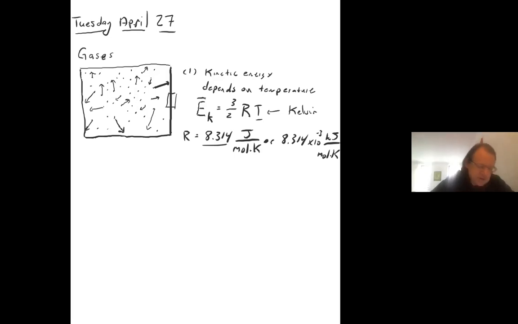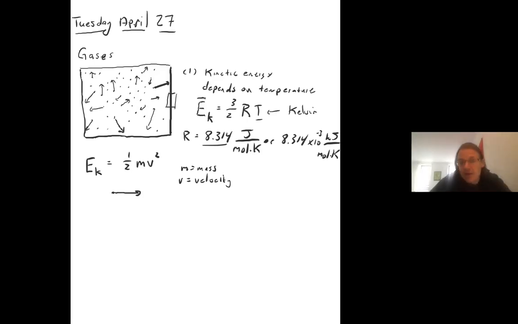And that gives you the average kinetic energy. But we can also say that if you talk about the kinetic energy of one particle, if you just have one particle moving, we said earlier in the course that that's 1/2 m. Did I use u or did I use v? I'm going to use a v for velocity. So 1/2 mv squared, where m is the mass and v is the velocity or the speed. So we also said that if you have one particle moving, you can calculate its kinetic energy.